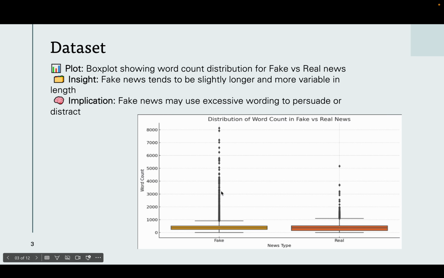The dataset we chose was two CSV files, one having the true news articles and another having the fake articles. We chose this dataset because it directly addresses the problem we wanted to solve, distinguishing fake news from real news based on the content itself. This data includes over 45,000 news articles labeled as either fake or real. These come from actual media outlets and include political, economic, and world news stories.